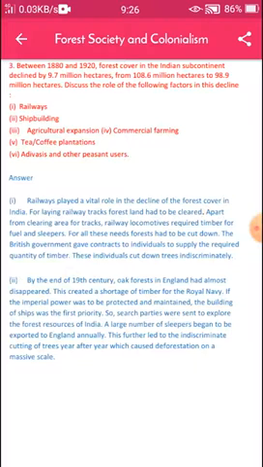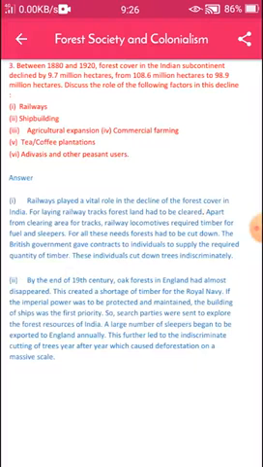So, search parties were sent to explore the forest resources of India. A large number of sleepers began to be exported to England annually.